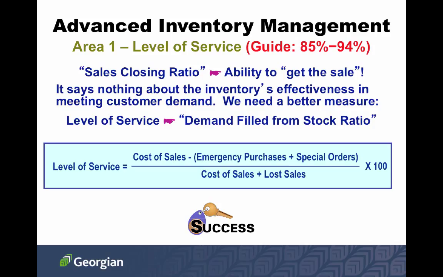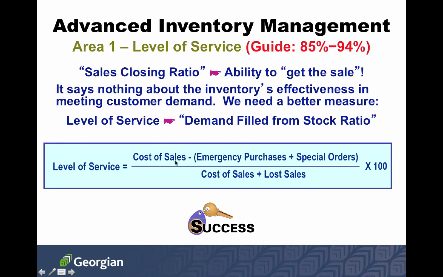So we need a better measure, and that's level of service, that ADP, which uses both the sales closing ratio and that demand filled from stock ratio, which it calls demand filled from stock. This is one that's much more precise and is a meaningful number. And this level of service is used as a better guide, and has a guide of 85 to 94%, is